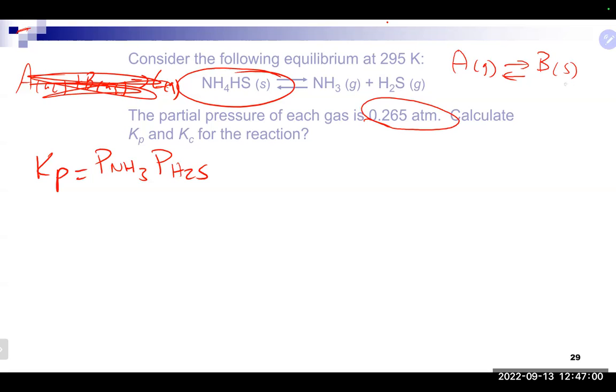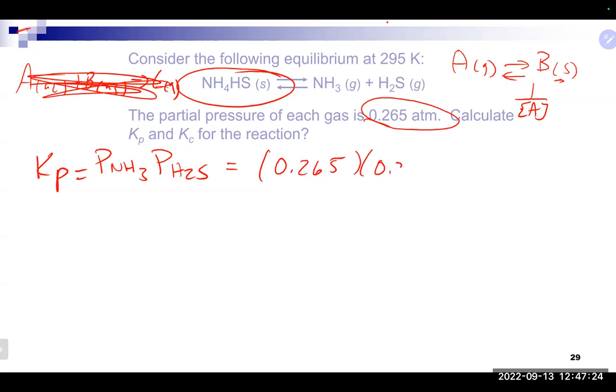Since we don't include the solid, it would be 1 over the concentration of A, or 1 over the partial pressure of A. That's a rarity, but if you happen to come across a case where the products are all solids or liquids, you would do 1 over the reactants to write the expression. So in this particular case here, we could pop in our pressure,